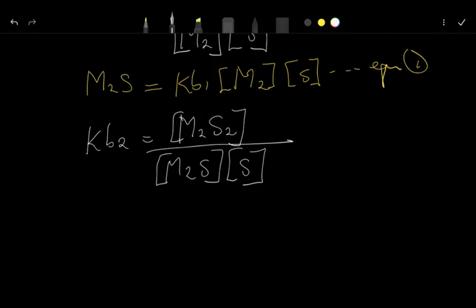Now, what are we going to make subject of the formula? This, right? We're going to make this one subject of the formula. Is that not so? So we have what? M2S2 is equal to what? KB2. You will cross multiply now. Let's do it. You cross multiply. That's what I also did in the first one. So we have KB2 in bracket